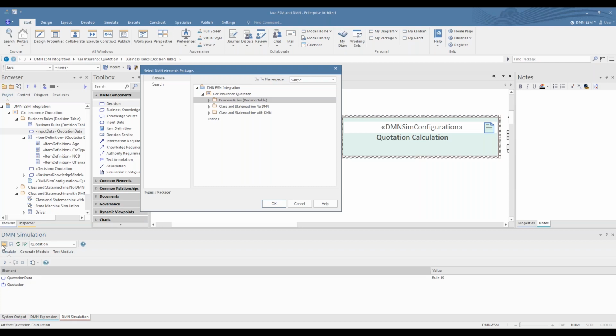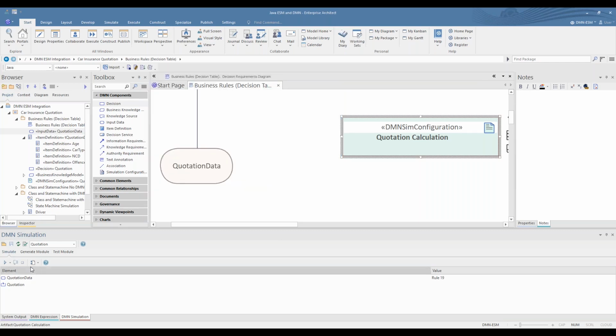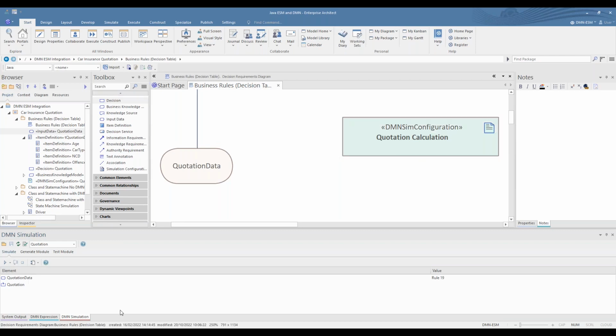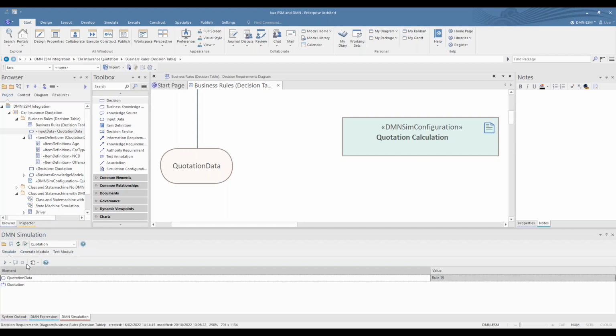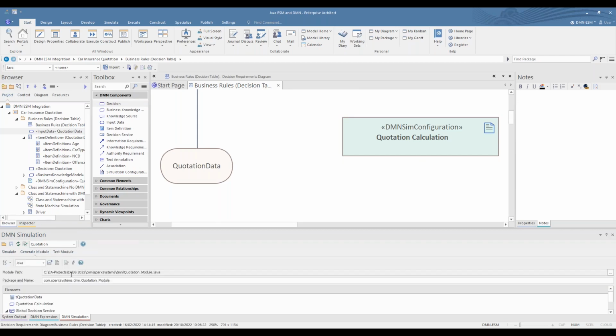So you don't have to have this element in the same package as your decision table, but I chose to do so. Right. So without further ado, what we need to do is to create some data sets for this. Now, let's just look at the data set. I'm just going to do that. So the data set is, let me get it right.